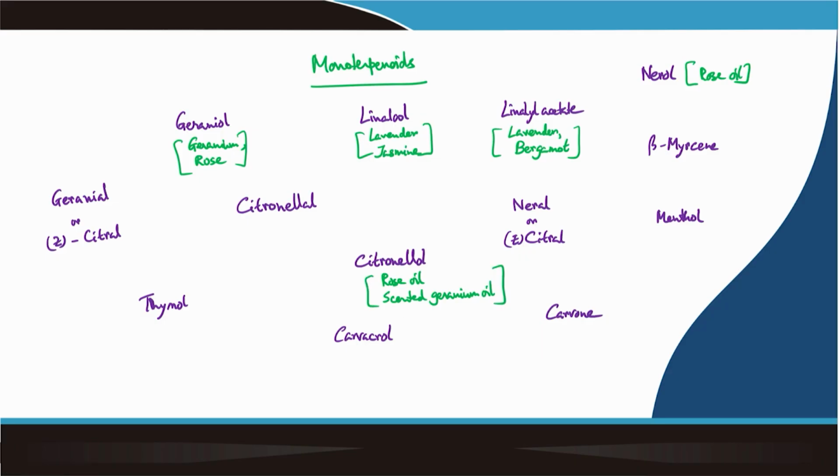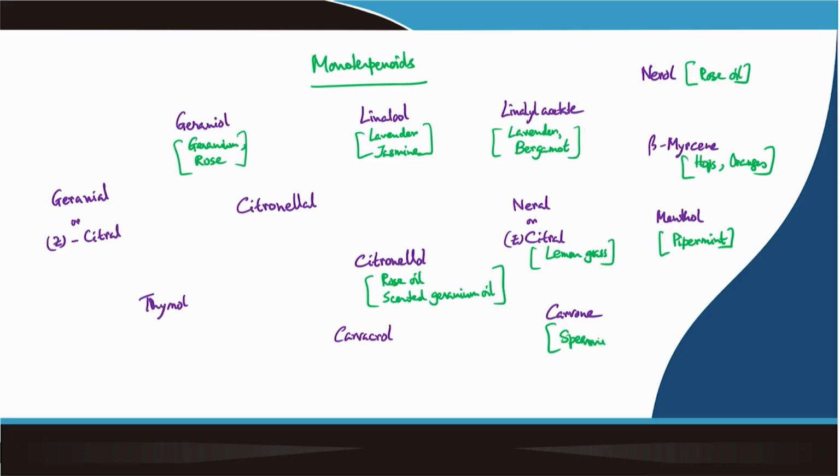Neral or citral you will find in lemongrass, and beta myrcene you will find in hops and also in oranges. Menthol you find in peppermint, carvone you find in